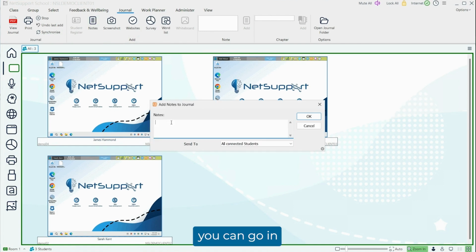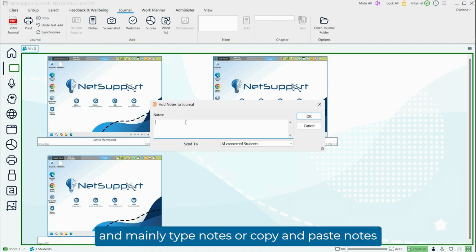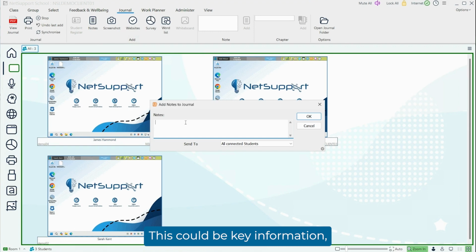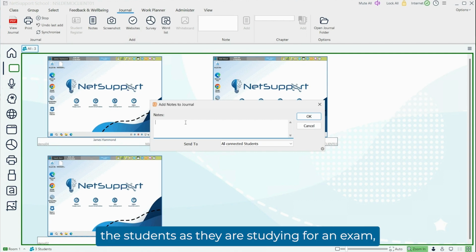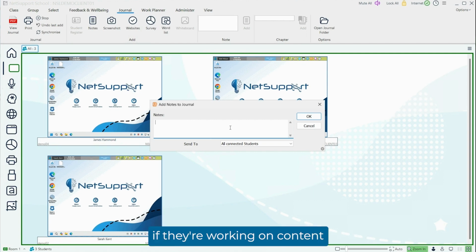Then you have the options to add to your journal. For the notes section, you can go in and manually type notes or copy and paste notes that you have related to the class. This could be key information, helpful vocabulary definitions. It could be references to anything you talked about in the class that's going to specifically help the students as they are studying for an exam,